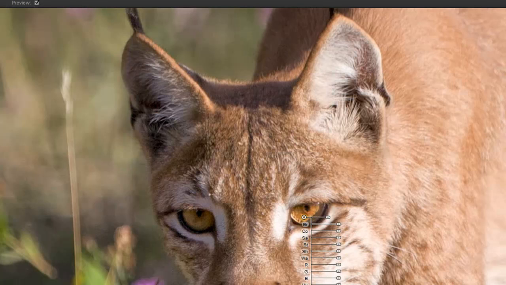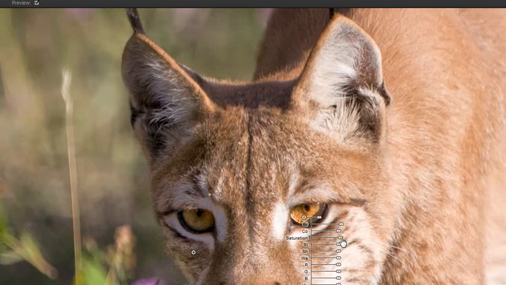And I need to get my select tool back. I'm going to size my circle of influence here so that it's just a bit bigger than the cat's iris. Now I'm going to use the brightness slider just to brighten that up a bit, maybe about 15%. The other thing I'm going to do while I'm in here is boost the saturation because brighter,